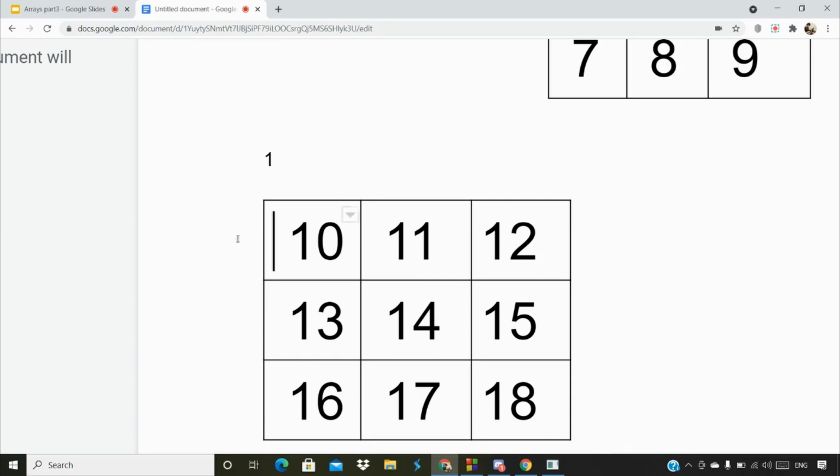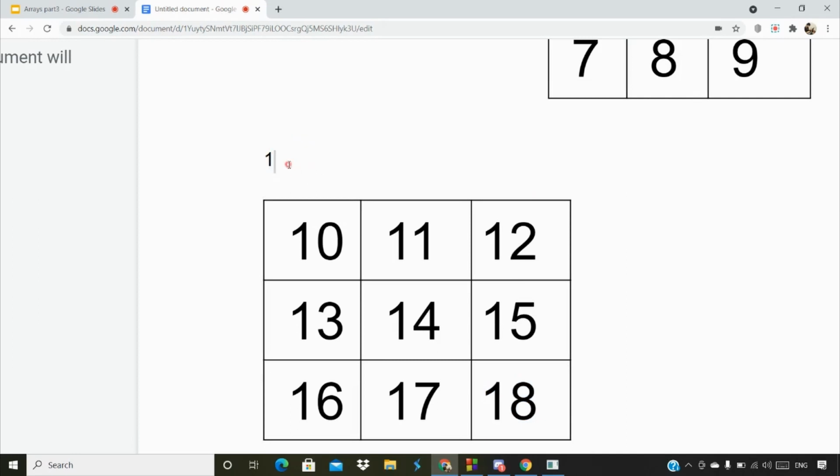So in the 1 table we have the zeroth row and zeroth column as well. We want to get the data of 18 here. So what are we going to do? This particular row is the second row because array starts from 0 onwards. So this is 0, 1, 2, and again the column as well, 0, 1, 2. So 2 2. We have to get the data from 2 2, and then we'll get the data here.